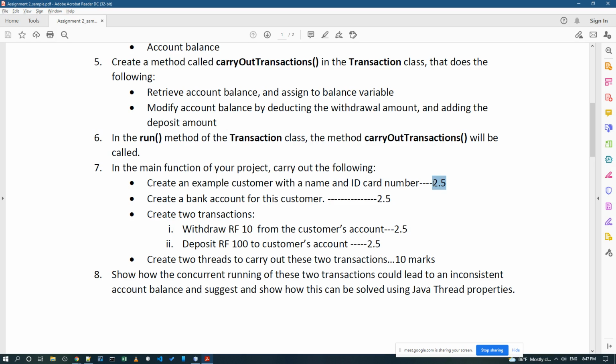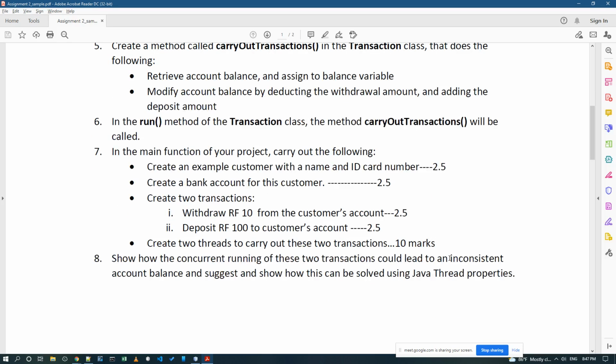These 2.5 here actually refers to the marks. Okay, this is how the marks are given. I should have removed them, but it is just roughly to give you an idea of how many marks it carries. In the main function of your project, carry out the following. So now you are done with the run function. In the run method,